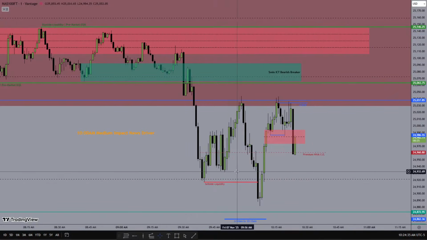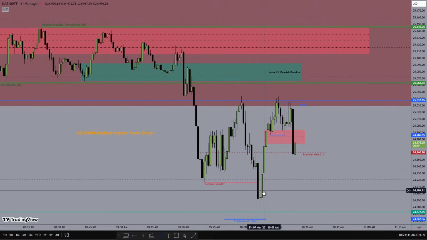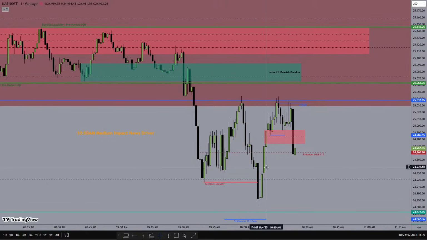Accumulation of longs, body close, and the balanced price range. So Venom is basically like a 2022 model, except you gotta know what you're actually looking for. Right, so imbalance, and then you'll be going on a buy stop order. So you'll be having a buy stop right here.